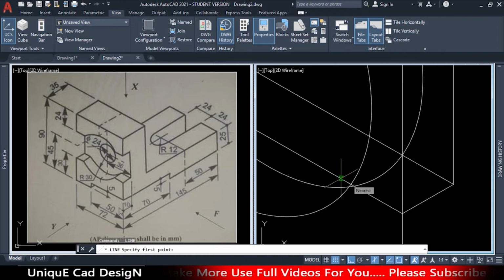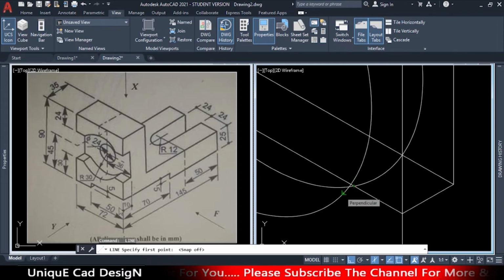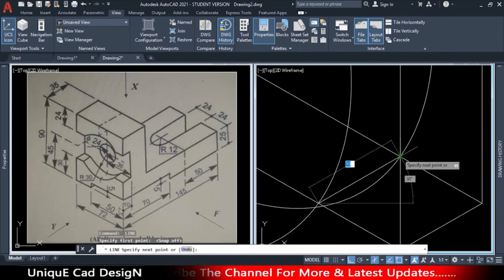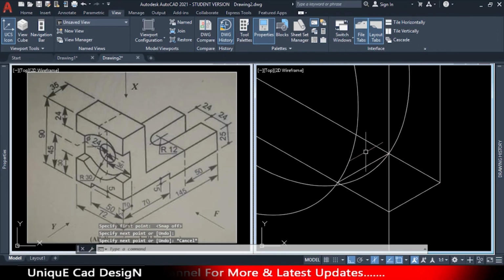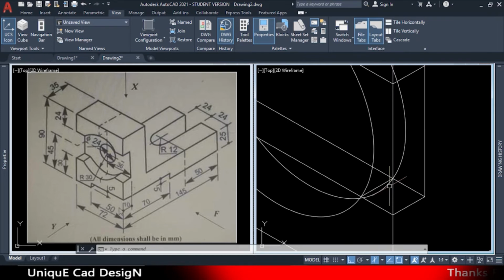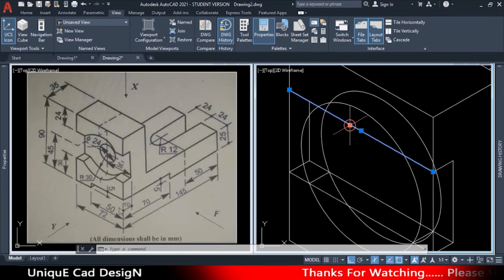If your cursor is jumping like this, press F9. It will turn on the grid, then our cursor will be corrected. It won't shift, it won't jump from one point to another point like that. Now we need to trim this ellipse between these two lines.